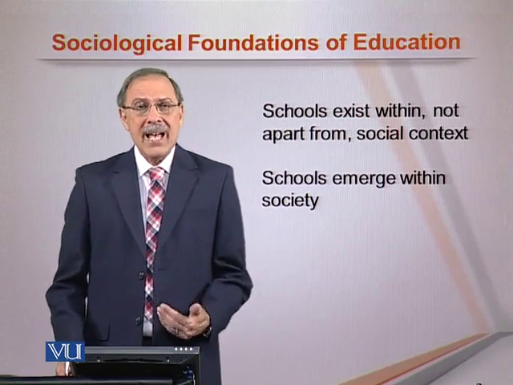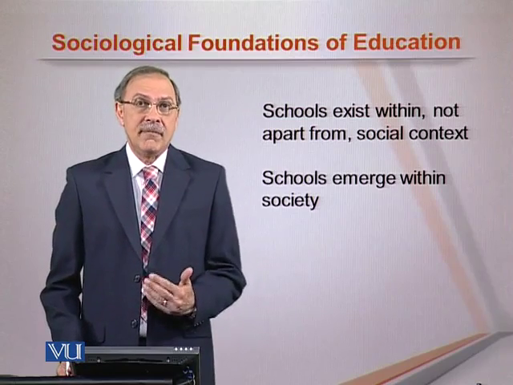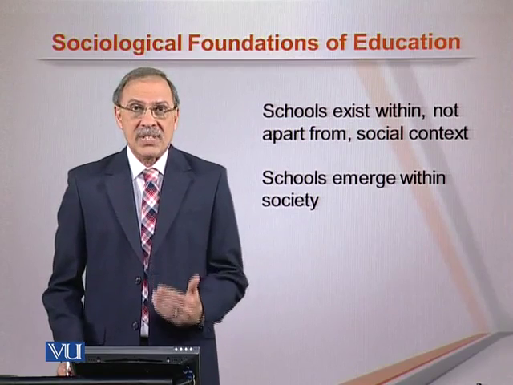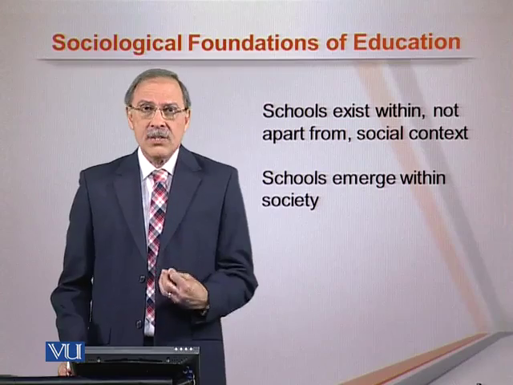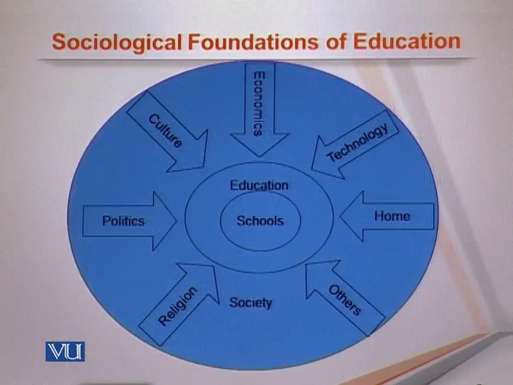In addition to that, it is important to note other salient features that affect schools and educational institutions within society. What are those salient features? What in society affects what happens in schools is what we will see next. So, schools in the middle, schools supposed to provide education, and what affects both schools and the kind of education that is provided within the schools.